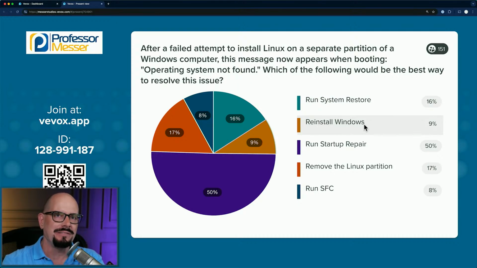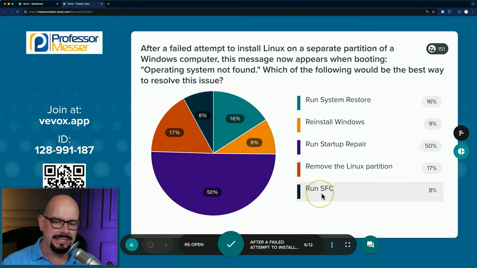So instead of modifying your Windows config and overwriting a bunch of information and perhaps even changing or damaging something that's already there, that's probably not the best way to resolve this issue. Would it resolve the issue? Yeah, it would. It would fix it. But while you do it, it takes much longer, and you could ultimately be deleting someone's data. Neither one of those is great, especially that second part.